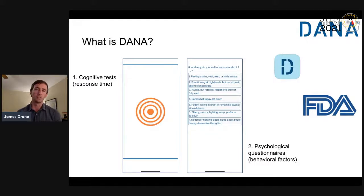About 7 or 8 years ago, governance or regulation of mobile health tech and mobile apps started falling under the FDA. So we had to go through an FDA clearance process in order to